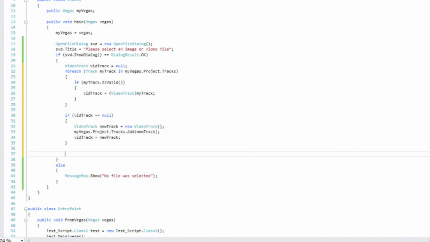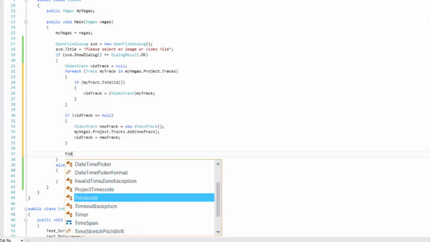Where are we going to add this video on the timeline? I think if we want to run it multiple times, we can't add them all at the 0, so why don't we just add it at the cursor position, and that way we can move the cursor and then add it wherever we want on the timeline. So let's get the time code